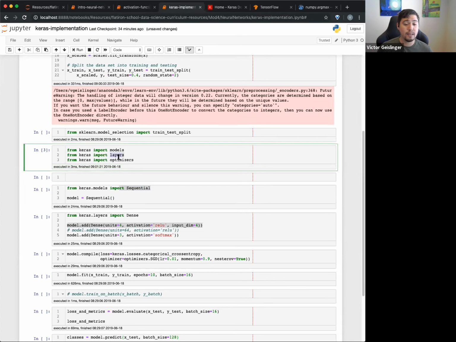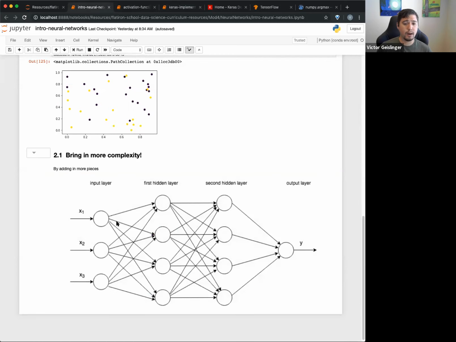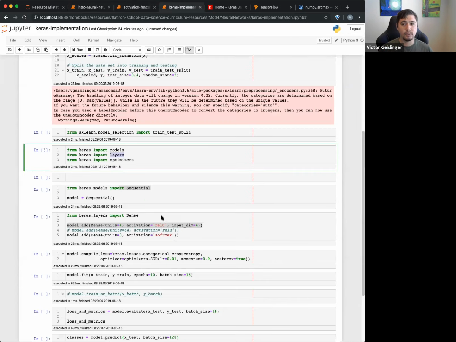Our layers are basically what kind of thing we have. One part that I didn't really mention is that each part, these are usually called our layer right here. Keras calls it a dense layer, basically how many different units you have in here. At the very end here, we also need a softmax. Our softmax function allows us to say, is it a 3, is it a 2, is it a 1, depending on whatever the inputs are from this layer over here. So that's what we mean by layers when we're talking about Keras.